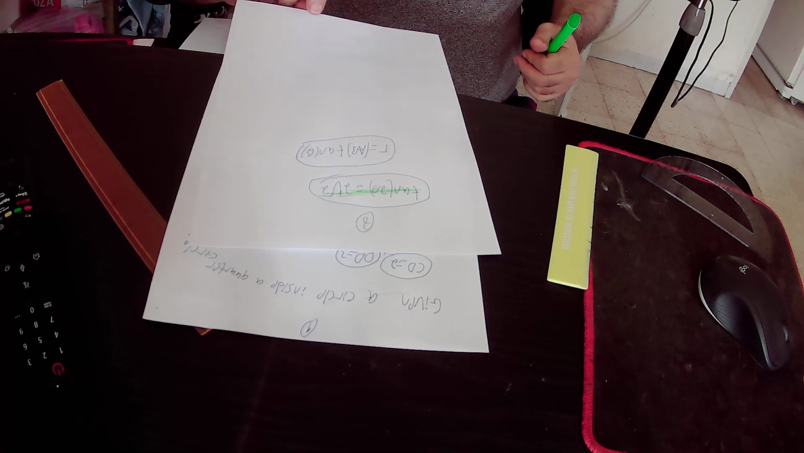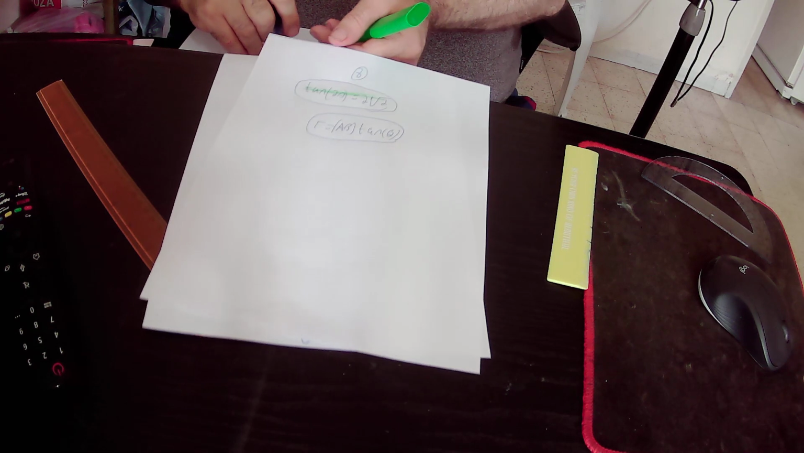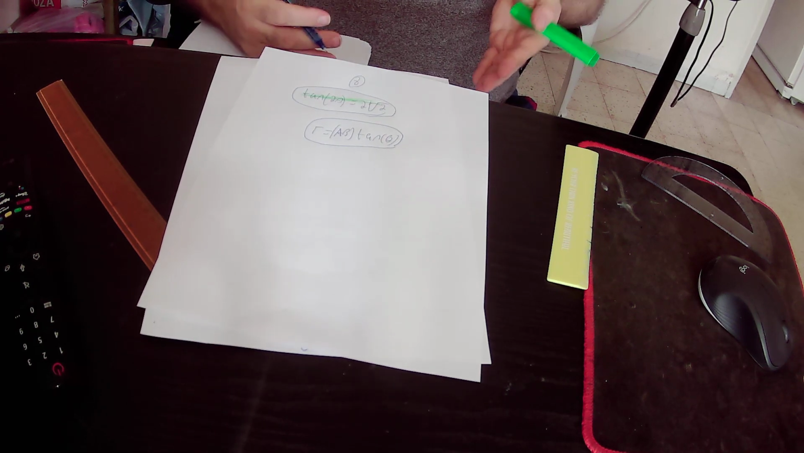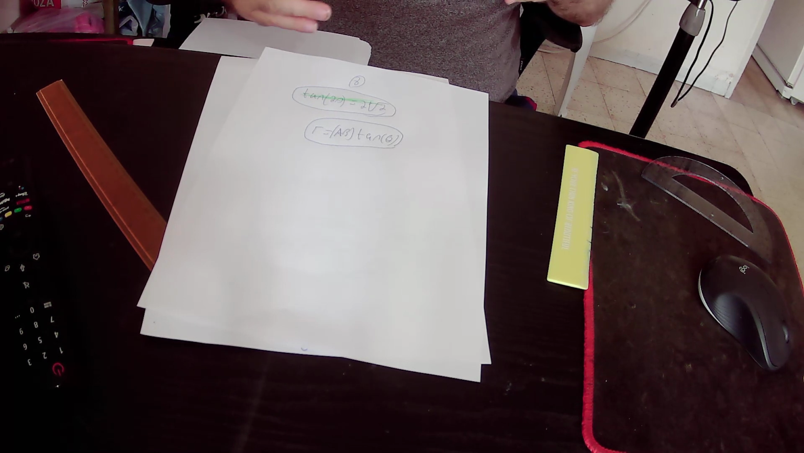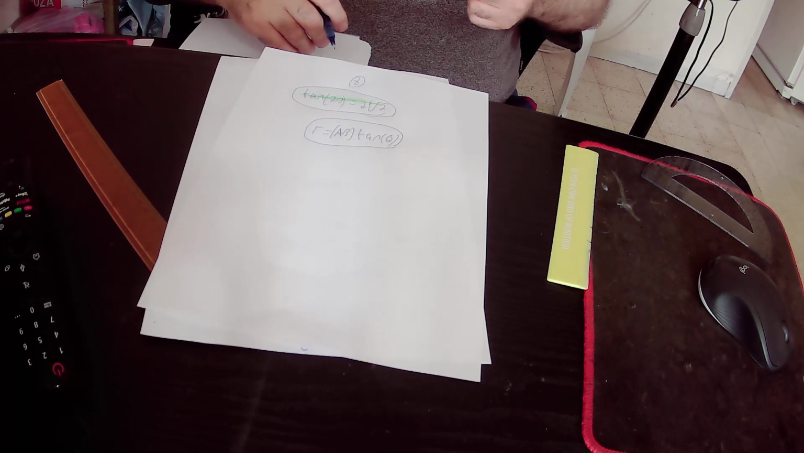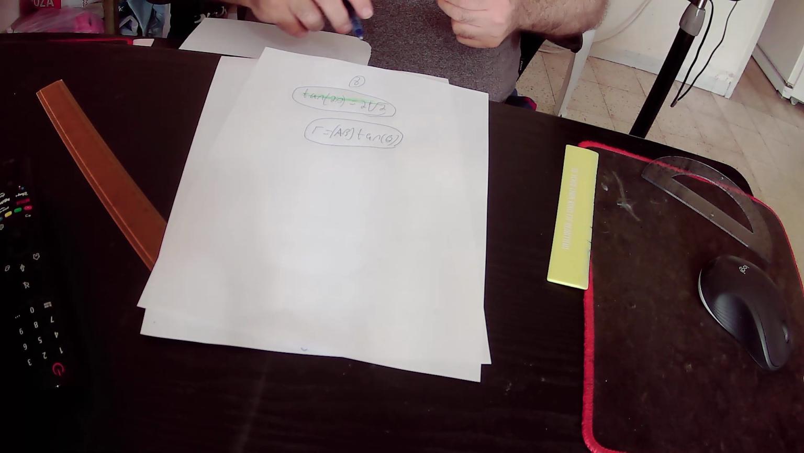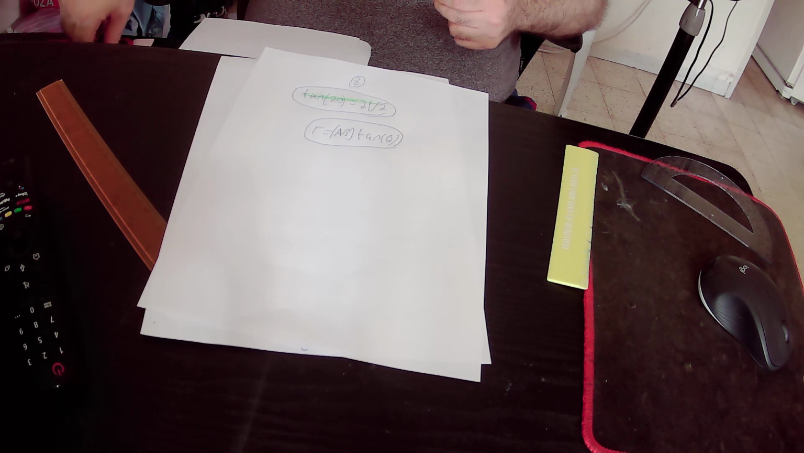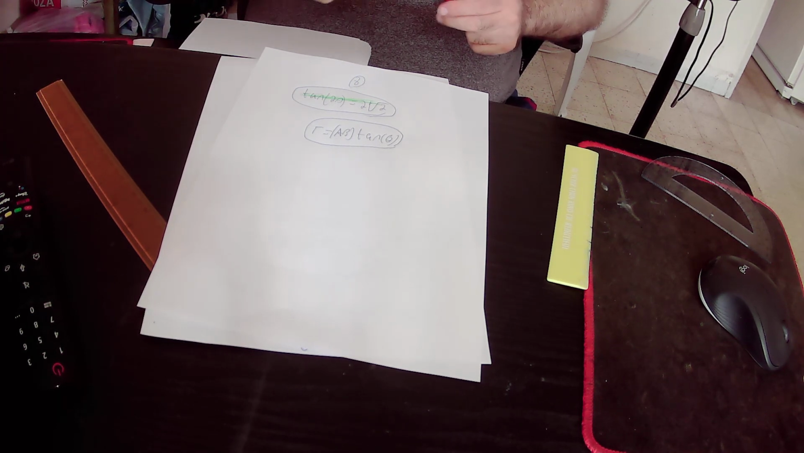Yes? But here we don't have tangent theta, we have only tangent 2 theta. We want to find the value of tangent theta, not the value of tangent 2 theta. So in order to find the value of tangent theta from tangent 2 theta, we will use the following trigonometric identity that states